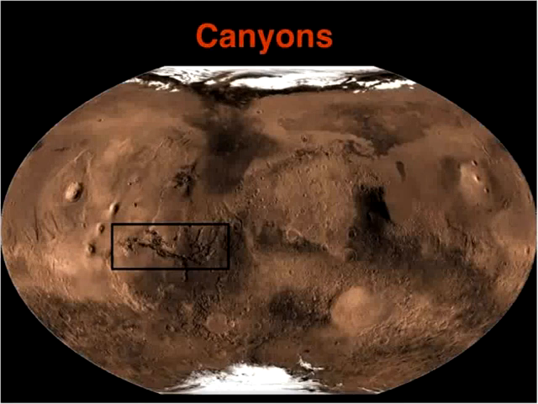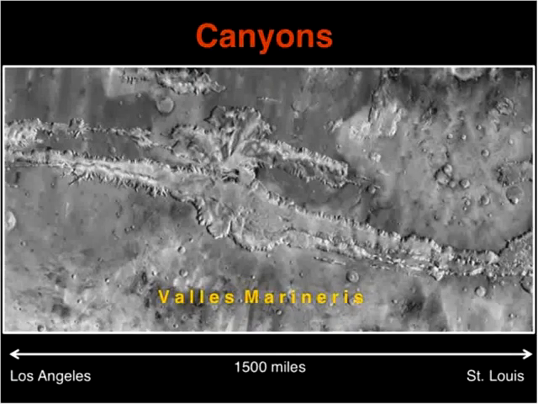So Mars also has canyons like Earth, but unlike Earth, the biggest canyons in the solar system occur on Mars. The black box shows, right next to some of those volcanoes, a huge canyon system that, if it were on Earth, would cover the whole of the United States. So this is a canyon system unlike any on Earth purely because of its size. So this is a huge canyon, and the next slide shows a closer-up view.